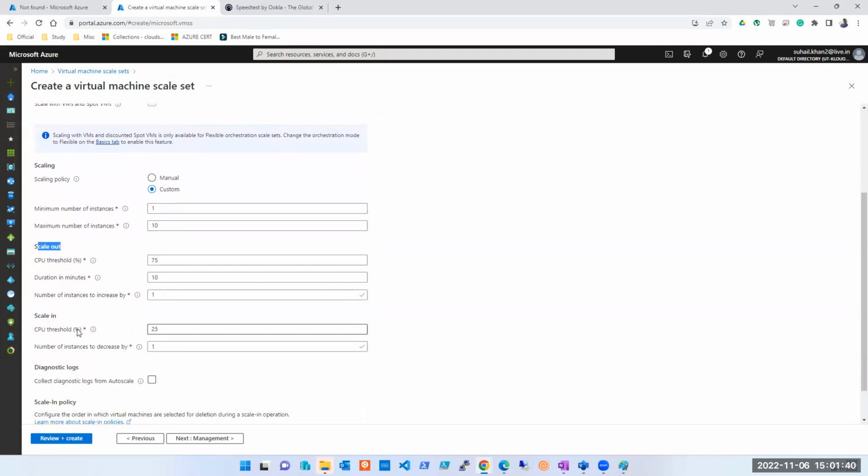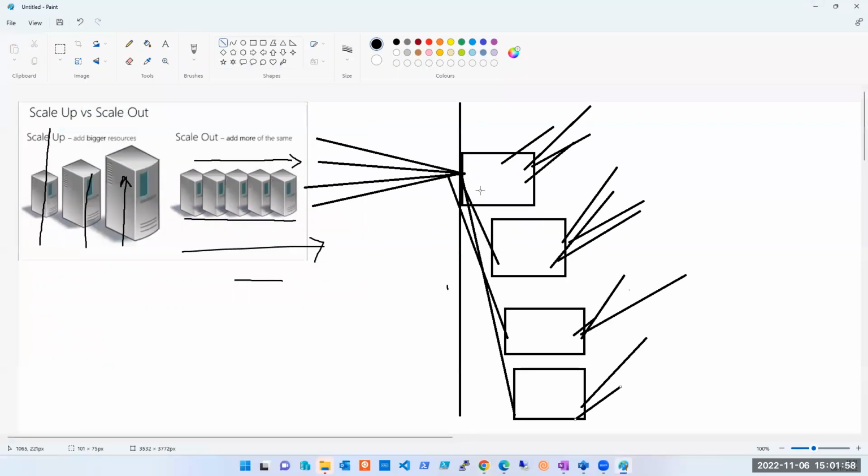Now, this is the very important part. Scale out. On what basis should it scale out? There are multiple parameters that we can see if we go to the portal page. Here we're getting a minimum of parameters, but this is very useful and we are going to use this only. So CPU threshold. Now what am I saying? If the traffic comes and the CPU, it's not the number of traffic, okay? Maybe one user is occupying 10 GB, or maybe 100 users are occupying only 1 GB. So it's not the number of users. What am I saying here? The CPU utilization of this server, of this particular server, let me erase it, guys.